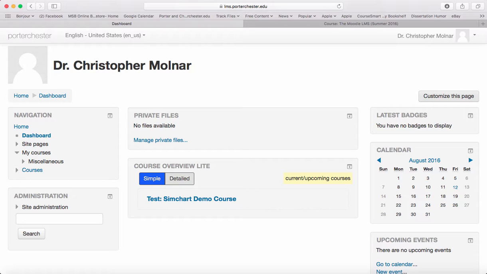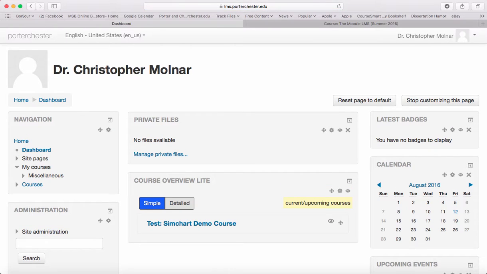What you can do is click Customize this page, and then you see the little eyeball to the right of the course. When you hover over it, it says Toggle Course Visibility in this block. You can make the course not visible in that block, okay? Or you can